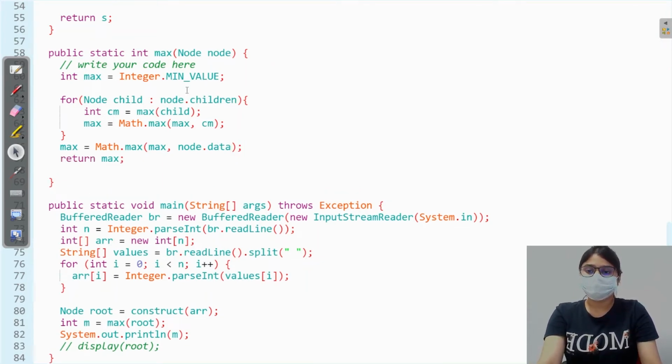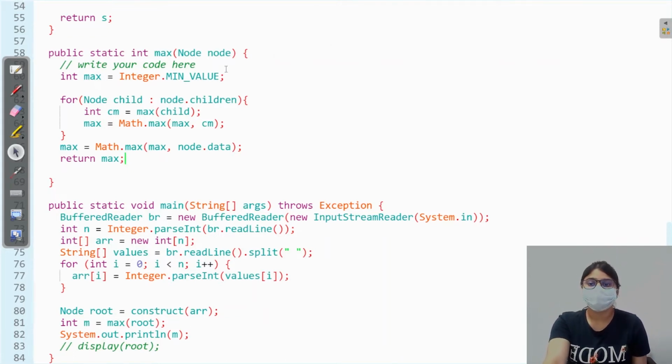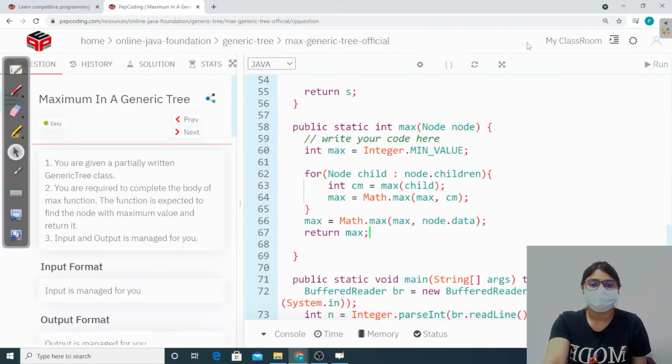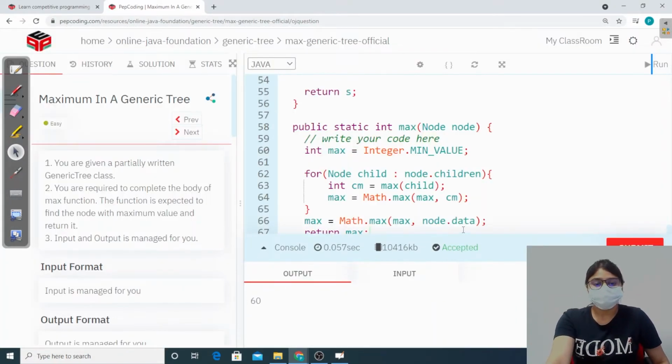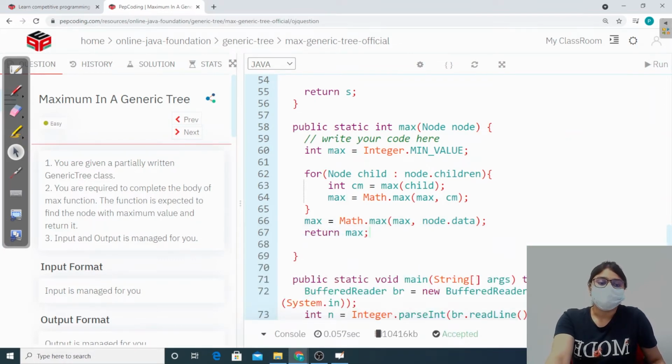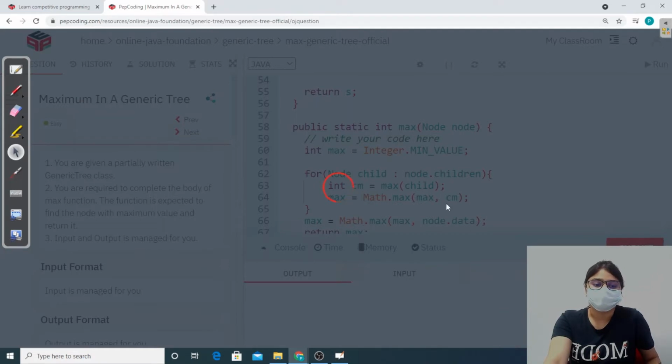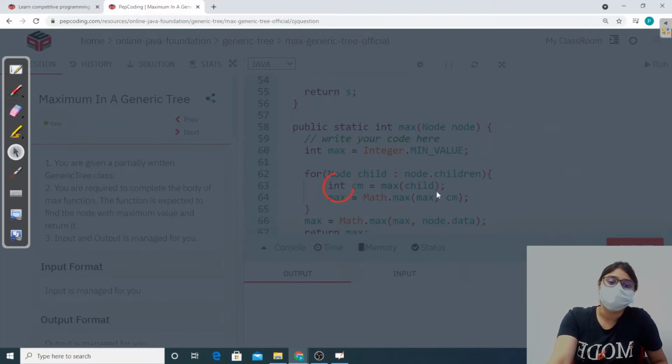We try to run this program and then we will see how this program is working. Okay, let's run this program and see if it works properly. Yes, it is accepted and our answer is correct. Now let's submit this and see whether it works for all the test cases or not. It should work for all the test cases, and then we will see how this code is actually working.